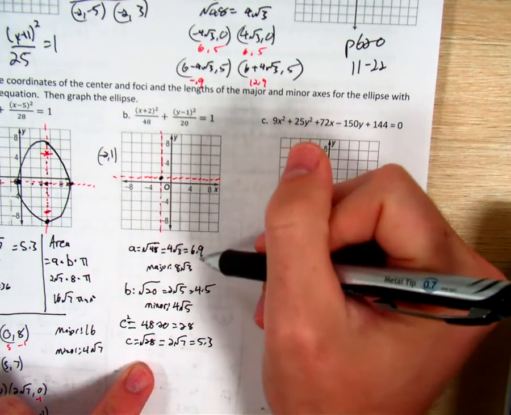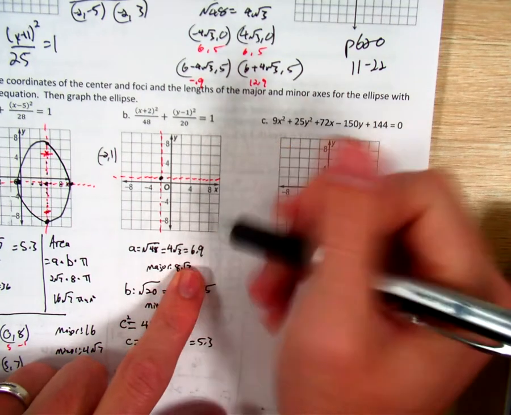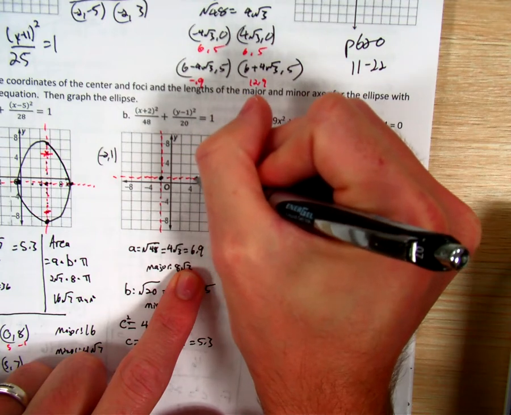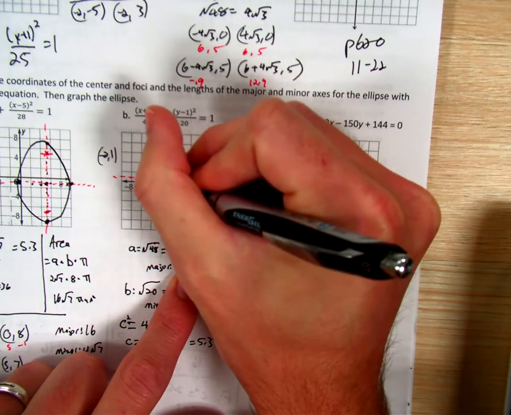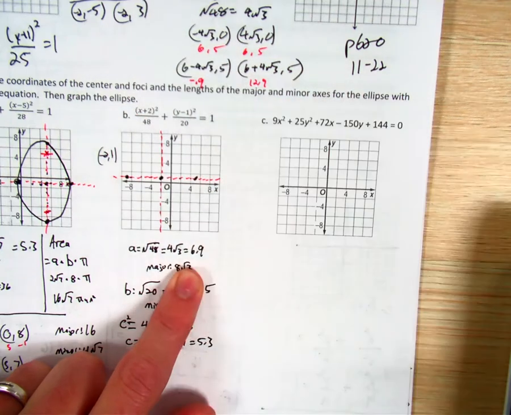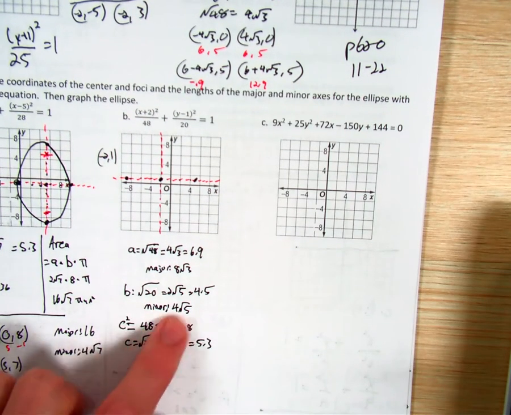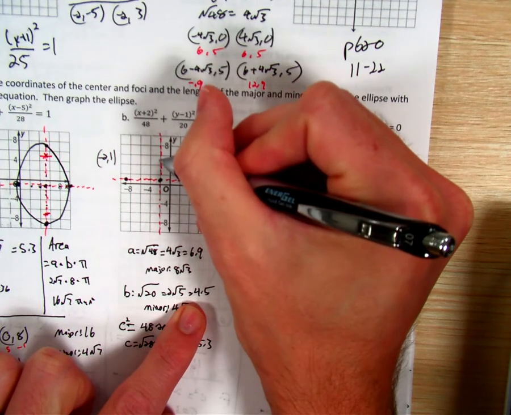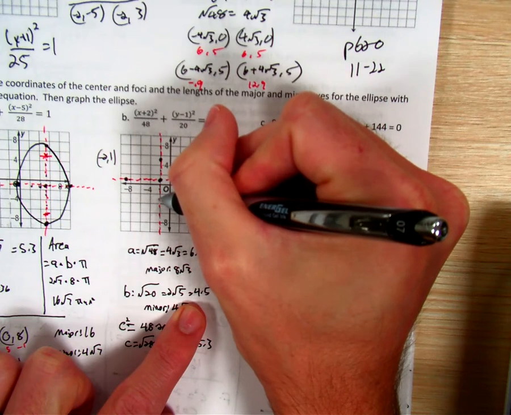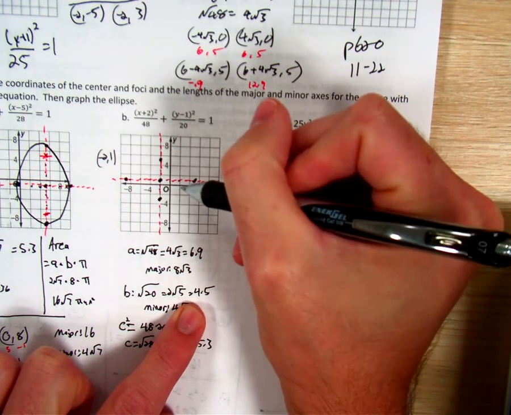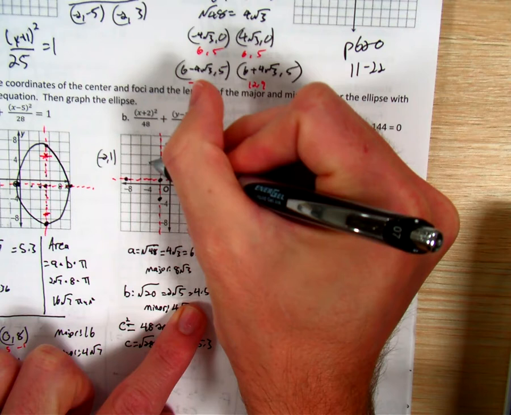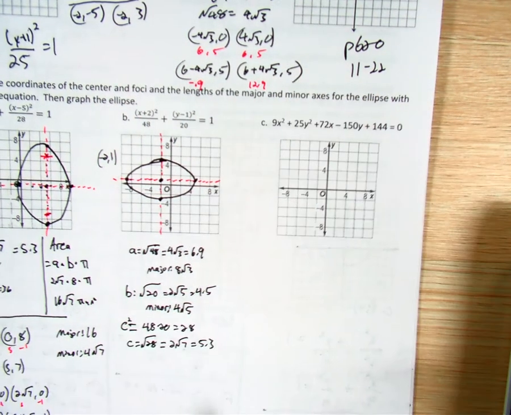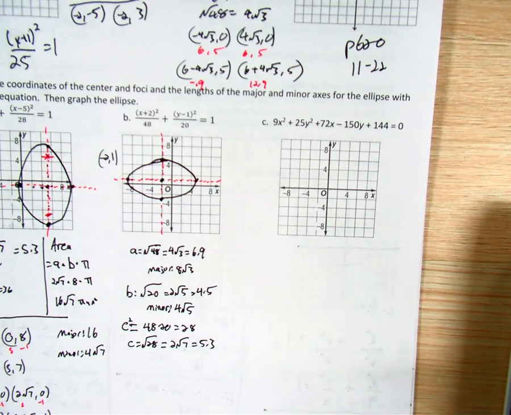Okay, and then like I said, for me it's easier to do it this way. A is 6.9, let's just call it 7 for our graph here. 2, 4, 6, 7, 2, 4, 6, 7. Alright, my minor was 4.5, up and down here, so 2, 4, and just a touch more. 2, 4, just a little bit more. Alright, so we should have a graph looking like this. Ooh, pretty good. A little flat up here. Oh well. Okay, now it's time to get our vertices,